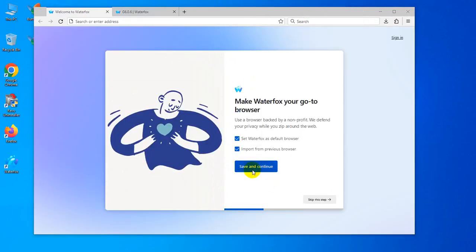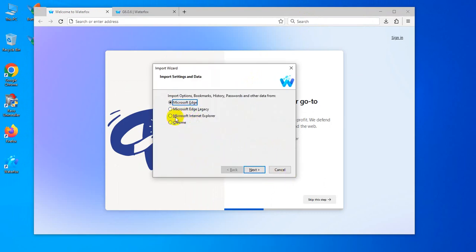start the browser and select continue. Set Waterfox as the default browser and import data from the previous browser. So select continue. Okay, Mozilla Firefox and Chrome. So I like Chrome and next version. Okay, version 1 and